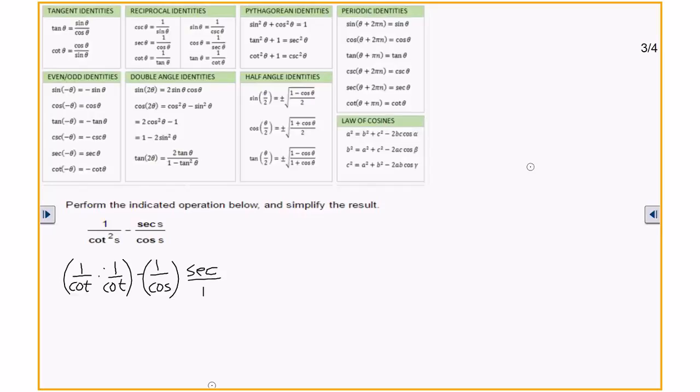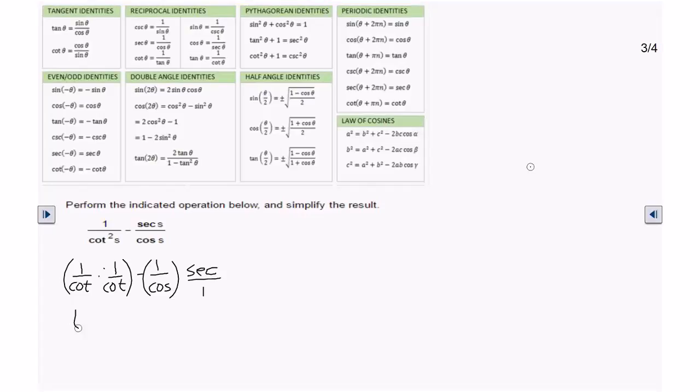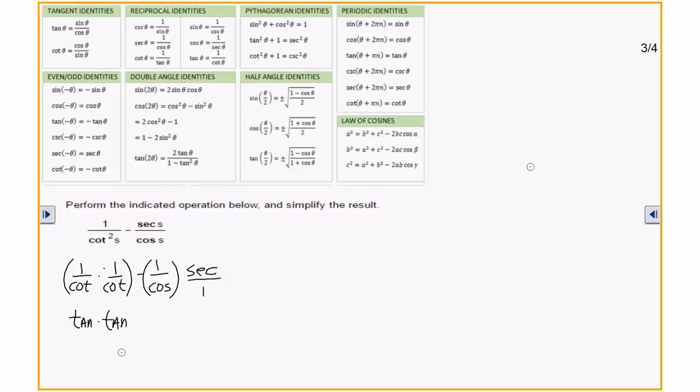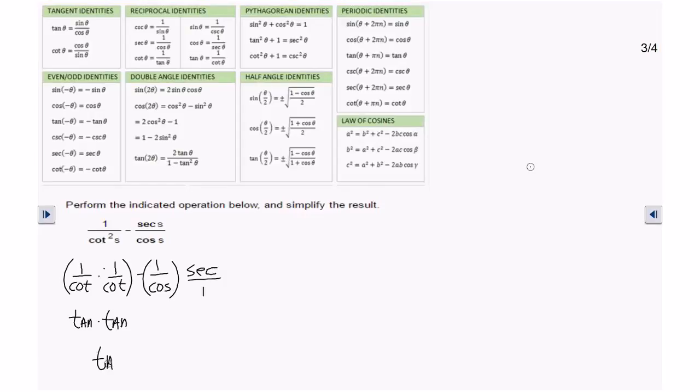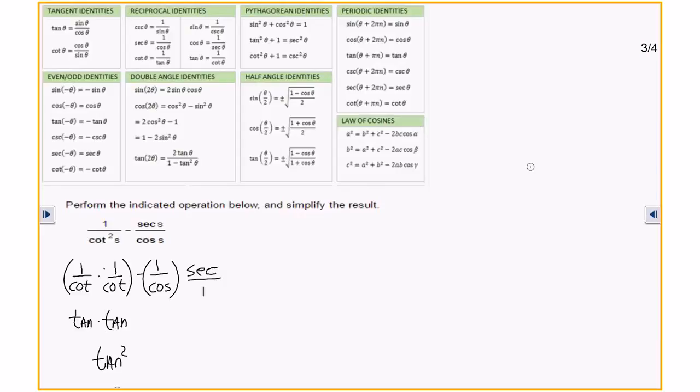It's equal to the tangent. So you could actually write this as tangent times tangent, which would be tangent squared, minus, what's 1 over the cosine? Secant, and that would be secant